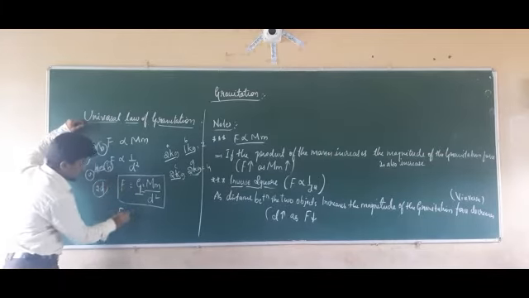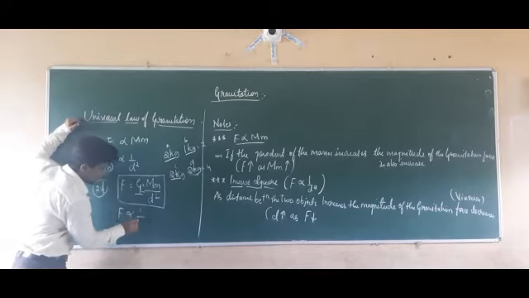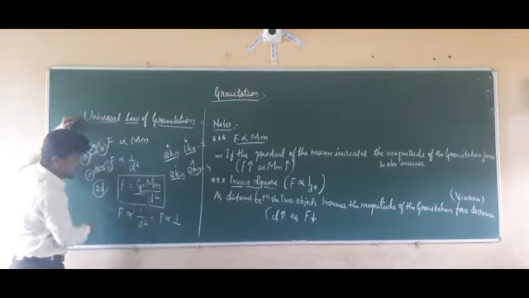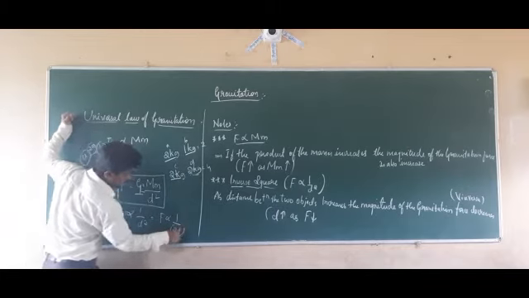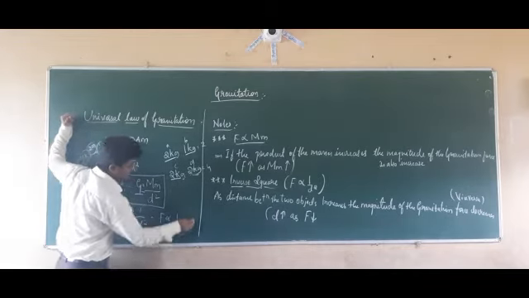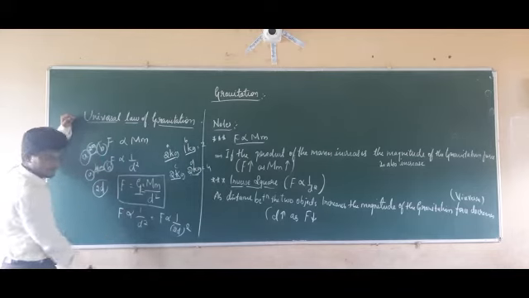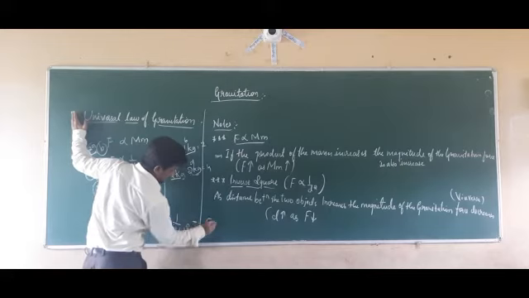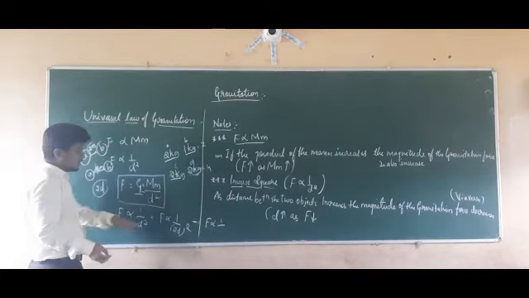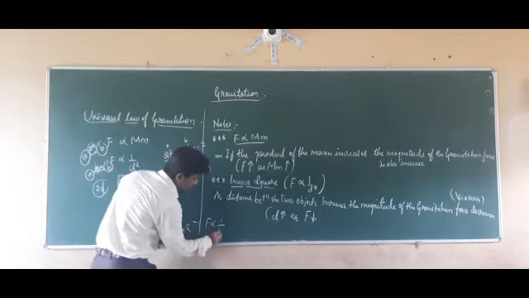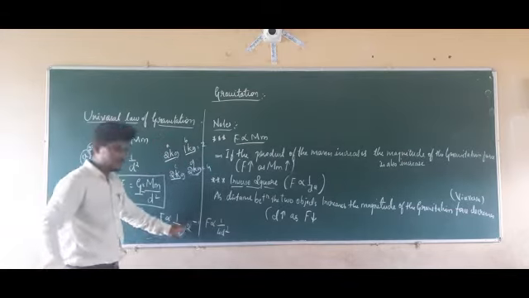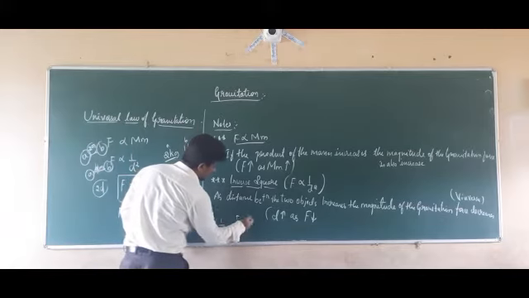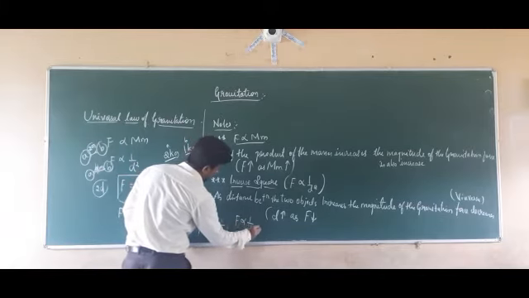Therefore, the magnitude of the force, that is inversely proportional to d square, will be equal to what? It will be 1 by, what is the new distance here? It is 2d. It will become (2d) square, since it is inversely proportional to the square. So F is equal to 1 divided by, what is the square of 2? It will be equal to 4d square. Since F is directly proportional to 1 divided by 4 into d square.